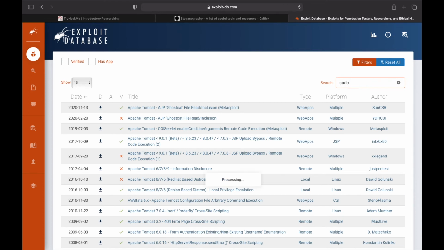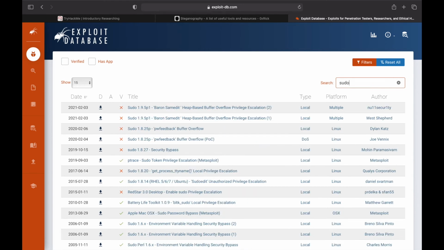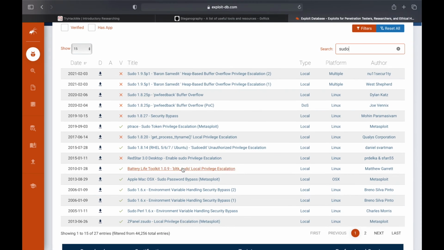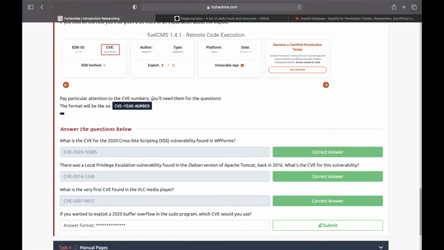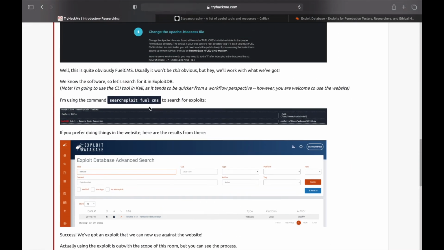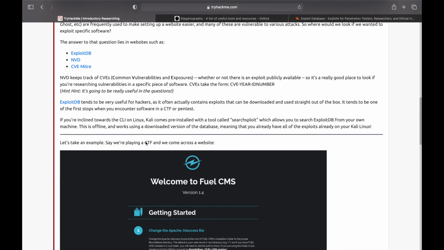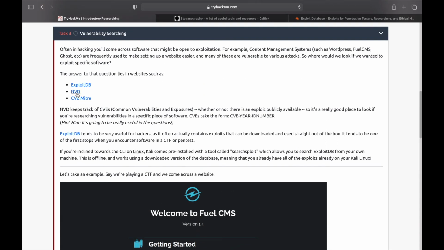So we'll search here for sudo. It's the same thing. We are not getting anything apart from this. So maybe we'll check with a different website, either NVD or CVE Mitre.